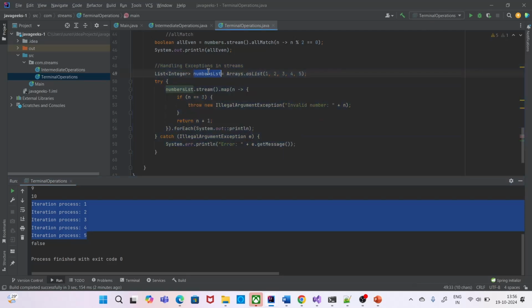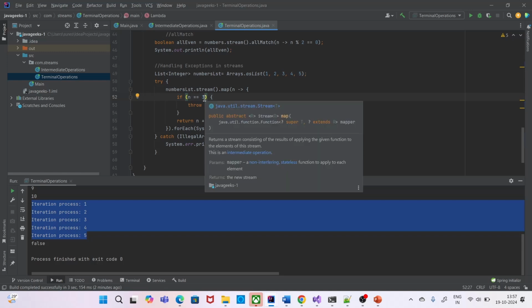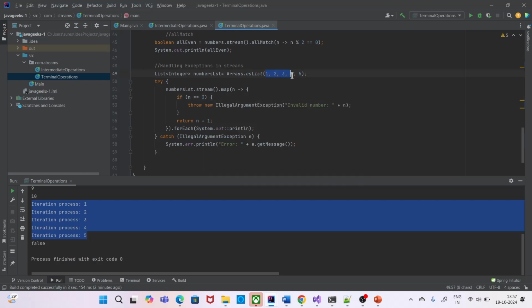Okay, so what I'm doing here, I'm just taking the numbers list 1 2 3 4 5, just a simple list. So here, just check the condition clearly. Number list dot stream, just checking map. If any number is equal to 3, if the 3 element is present in this list, then what I'm doing,